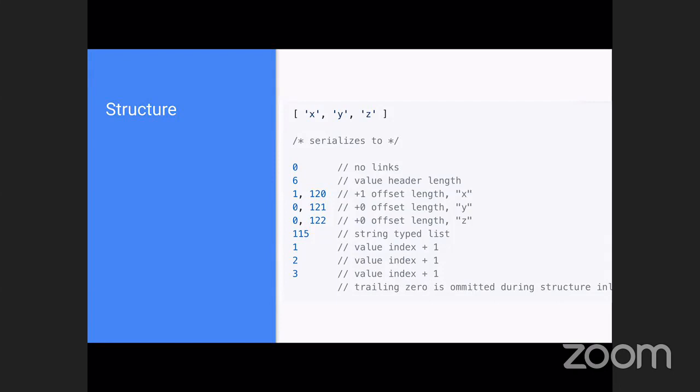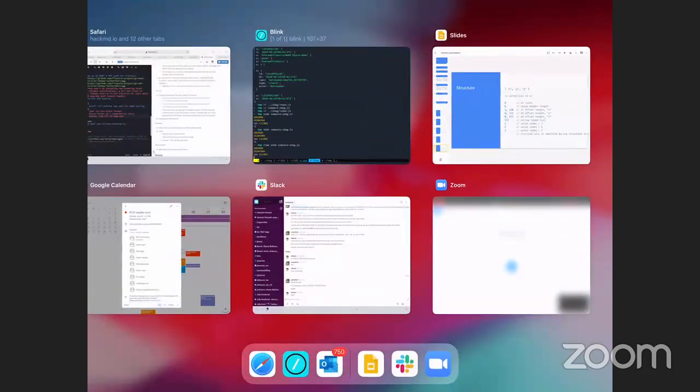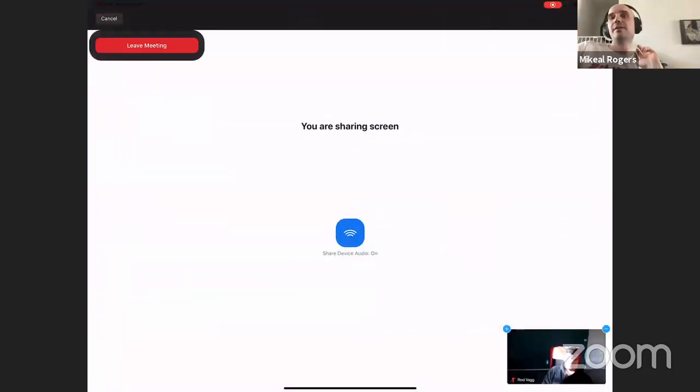So here we have a string type list. This is just going to be all the values. I don't have the new, oh no, this is a list. So it's always the index plus 1 so that you can use a trailing 0 to limit it with these typed lists. But that means that the compression space for a typed list, when you don't vary the typing in lists and maps, is actually really, really small. We can get really effective representations. And an idea that I had after talking to Rod actually is that for the rule set for parsing out these references, we can actually say,